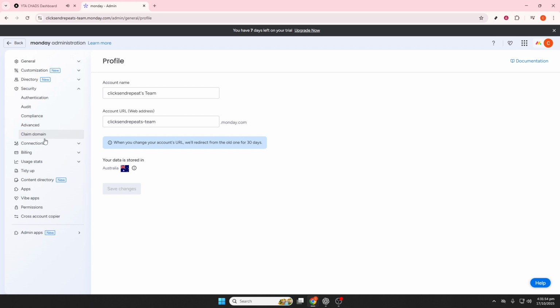To ensure everything functions as expected, you can test the workflow by clicking Run Test in the top right. Adding a test item to your board will allow you to